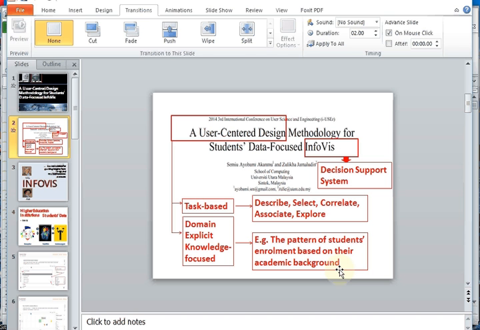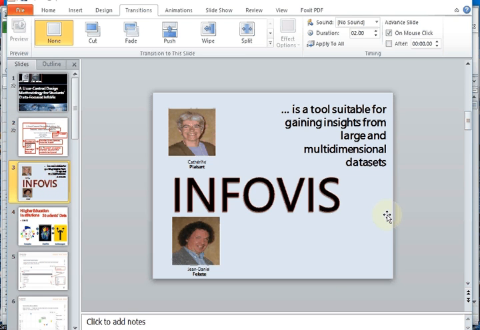So this is what decision support system does, and this is what InfoVis does as well. The difference in this regard is that in information visualization, it helps in gaining insights from large and multi-dimensional data sets. So when we have voluminous data sets that cannot be understood from just a glance through, InfoVis helps in gaining insight. So by this quality of gaining insights,